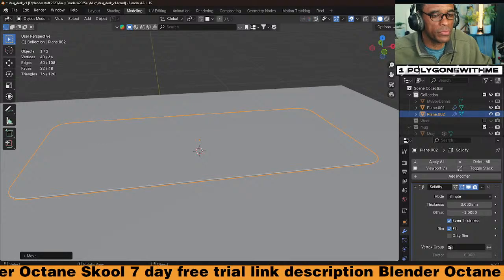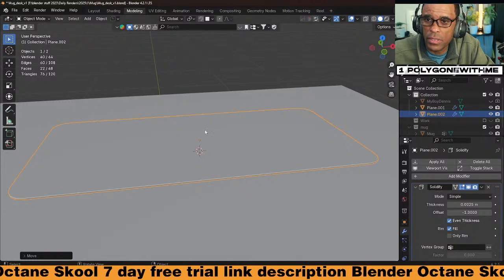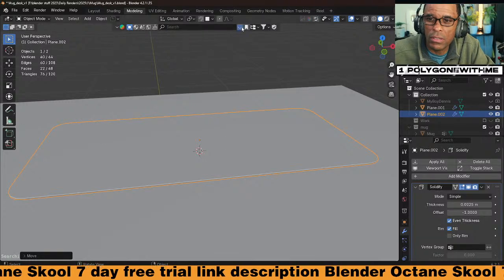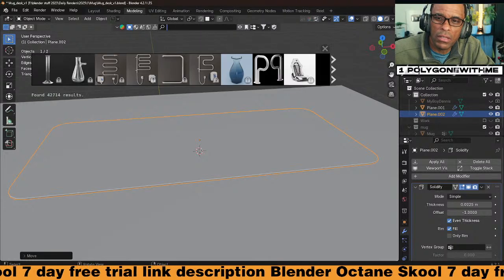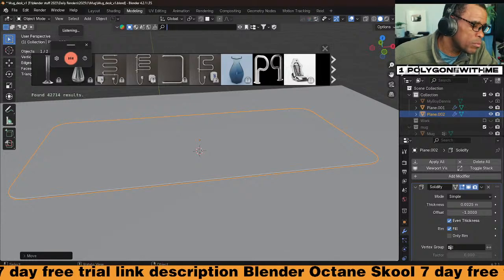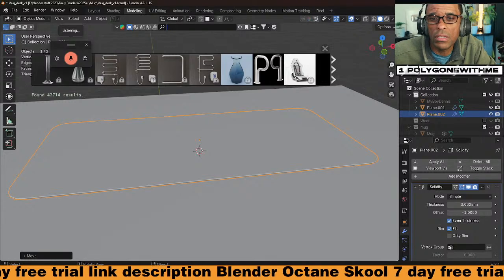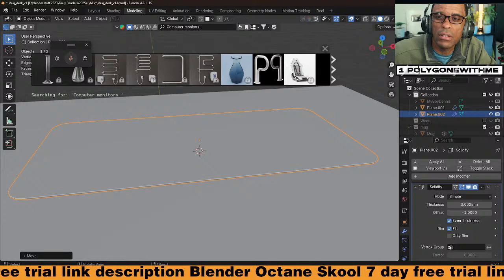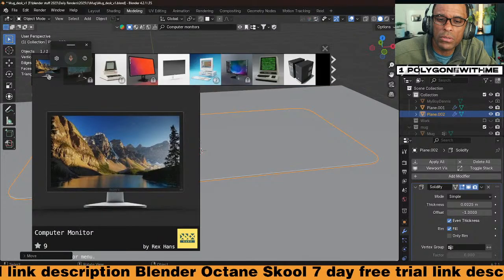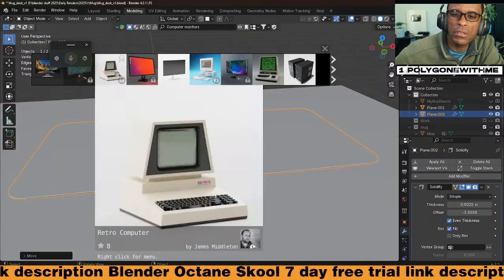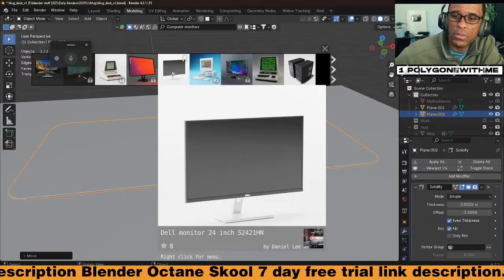Let's see what we can get from Blender Kit. Computer monitors. Oh, there we go. Boom.